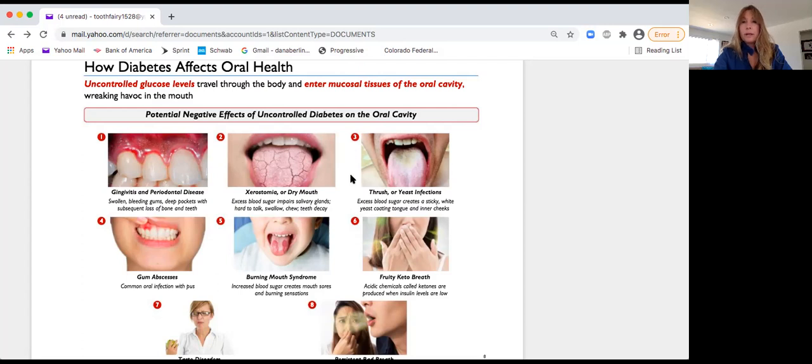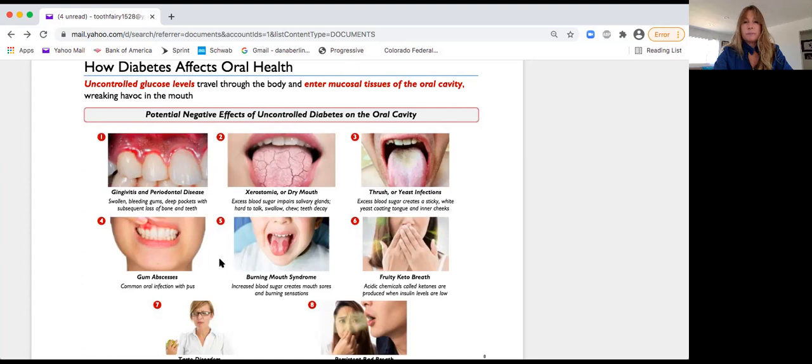Number 3, thrush or yeast infections. Excess blood sugar creates a sticky white yeast coating the tongue and the inner cheeks. That's a fungal infection. Number 4, you're at higher risk for gum abscesses and infections with pus. Number 5,